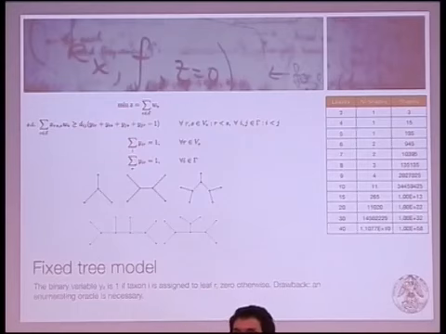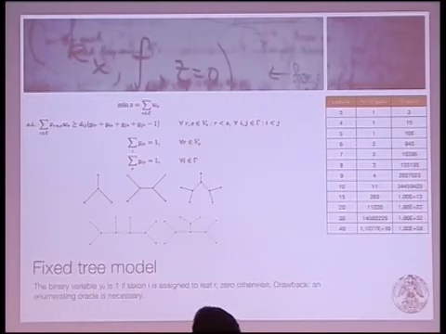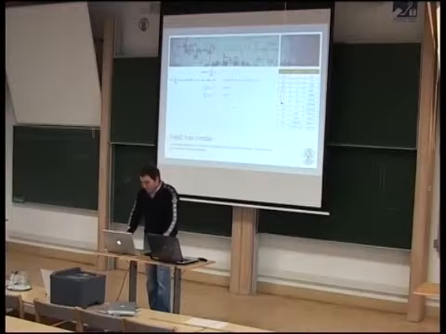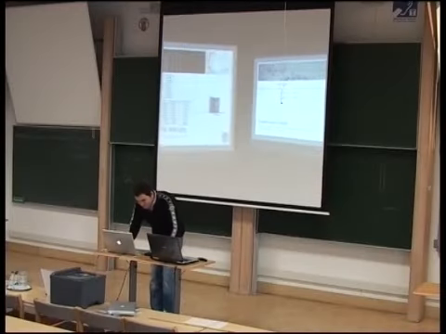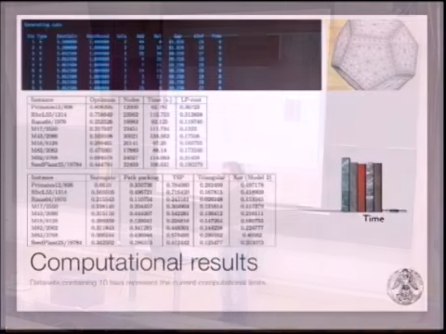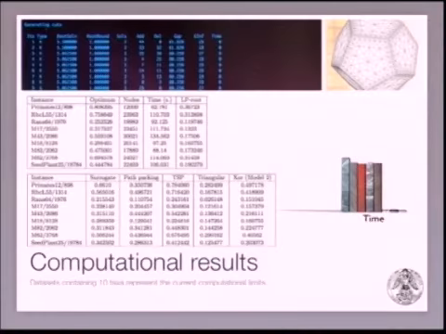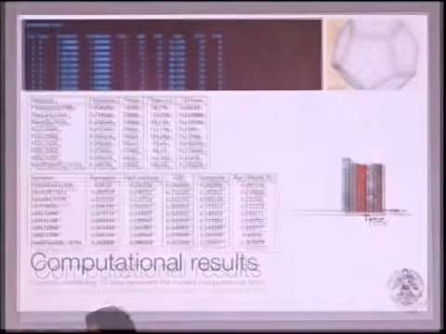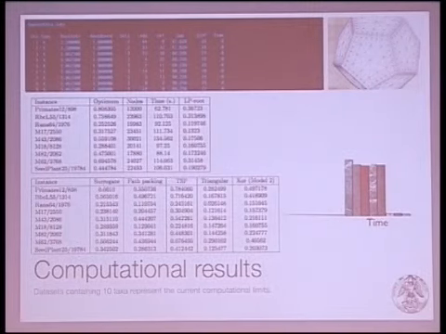For example, in my case, I want to minimize the length of the tree, so I have to solve a quadratic problem in which I assign. Or, for example, I want to assign my taxa to the leaves so that the maximum likelihood is greater. So I don't have time. Well, let's go to the computational results, and then if there are some questions, I will show just an example. Currently, as I told you, I cannot solve more than 12 taxa. Why? Because